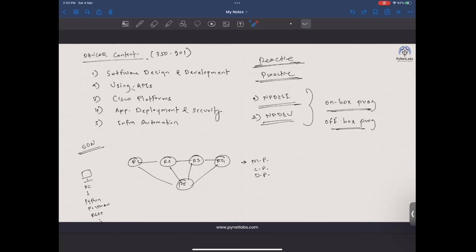So how to work with Git and how to work with GitHub, all of those things are going to be learned in software design and development. When we speak about using APIs, we learn about the advanced stuff of REST APIs. However, we'll be speaking about the fundamentals of REST API. Then we'll see how we can do error handling with REST API, how we can optimize our HTTP communication that we do over the REST API, how we can implement control flow of consumer code for unrecoverable REST API errors,